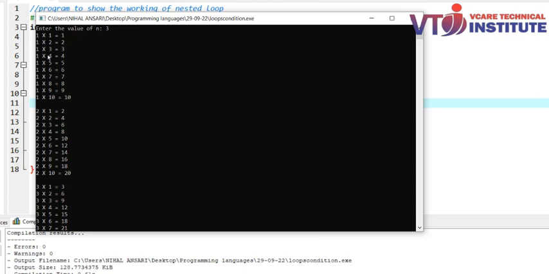ये आपका आउटर लूप शो कर रहा है, ये इनर लूप शो कर रहा है। ठीक है, आउटर लूप में क्या है, जब तक इनर लूप अपना पूरा राउंड कंप्लीट नहीं करेगा आउटर लूप की वैल्यू नहीं बढ़ेगी। तो यहाँ पे आउटर लूप की वैल्यू अभी भी 1 है और इनर लूप की वैल्यू बढ़ रही है। ये जब अपना 10 तक राउंड कंप्लीट कर लेगी उसके बाद आपका ये आउटर लूप की वैल्यू बढ़ेगी। हमने देखा यहाँ पे 2 बढ़ गई है। ठीक है, और इनर लूप की फिर से 1 से स्टार्ट हुई।